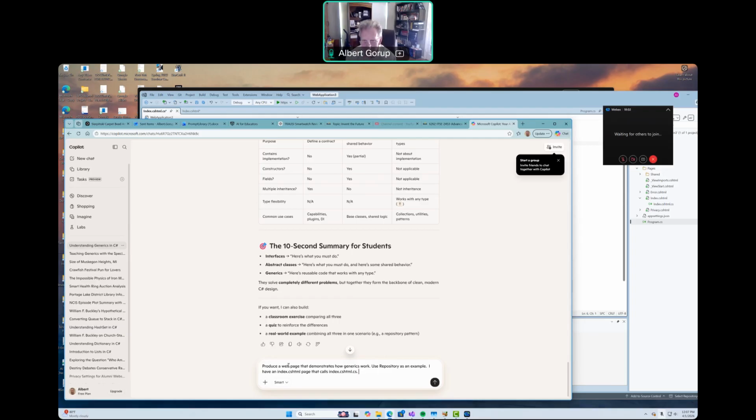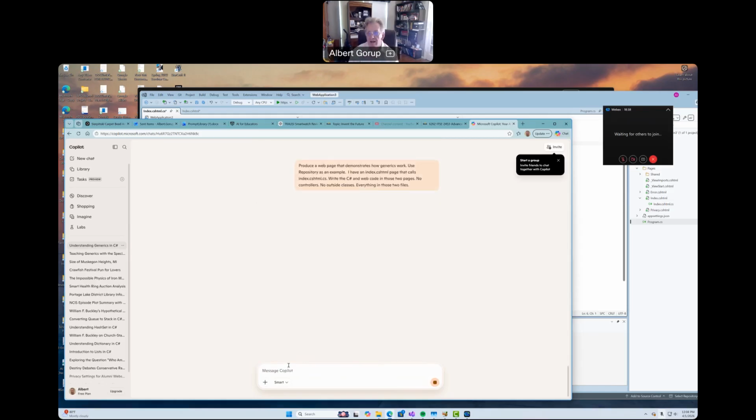Write the C# and web code in those two pages. No controllers. No outside classes. Everything in those two pages, two files. Let's see what it comes up with. Let's keep our fingers crossed.